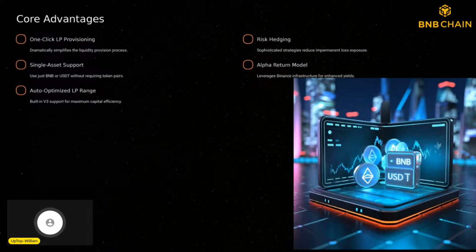As I just emphasized, we support one-click LP provisioning and single-sided access, and we build in V3 optimization and a risk hedging strategy, and of course, an alpha yield model, which is built on the Binance infra.